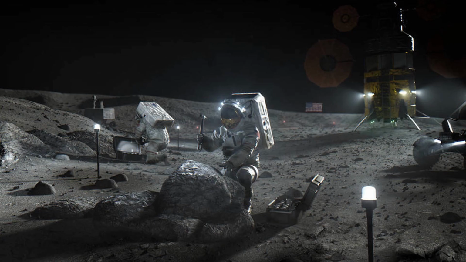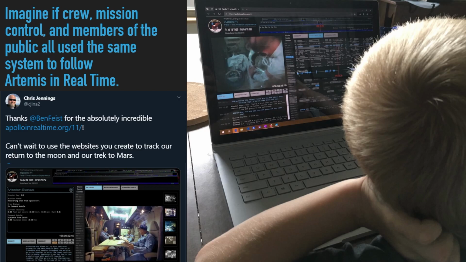And I'll just leave you with this last thought: as everybody talks about having their Apollo moment that inspired a generation, my argument is that Apollo in real time, or Artemis in real time, will be how we give the world their Artemis moment. Because we no longer have Walter Cronkite to show us the way during Apollo. We need to give people direct access to the raw material in the way that we've shown they have an appetite for with Apollo in real time.